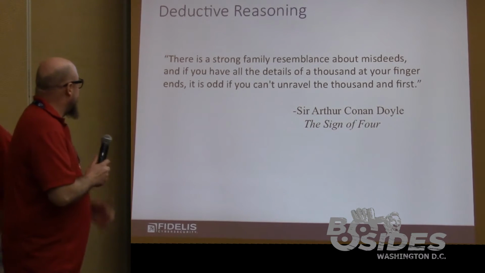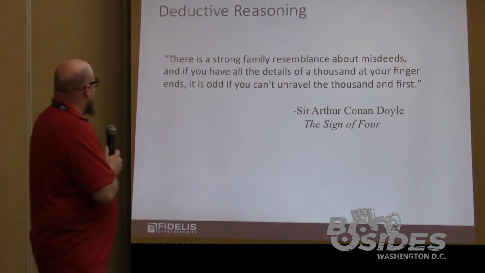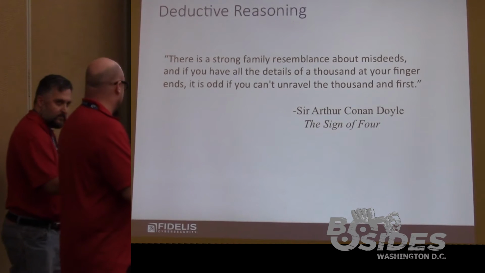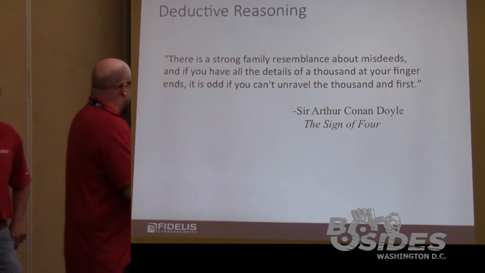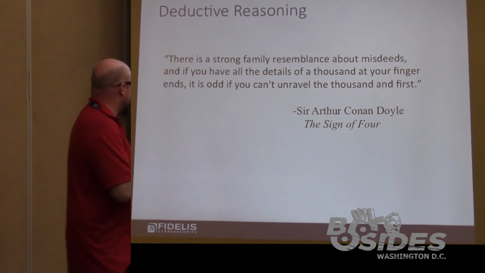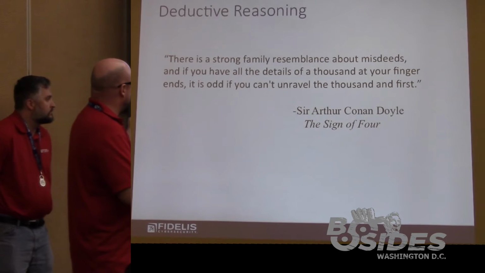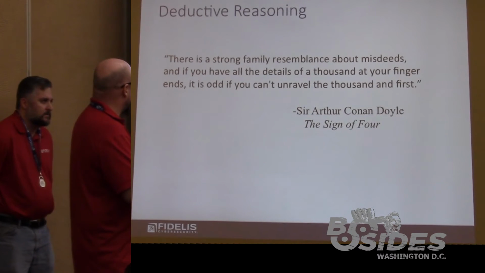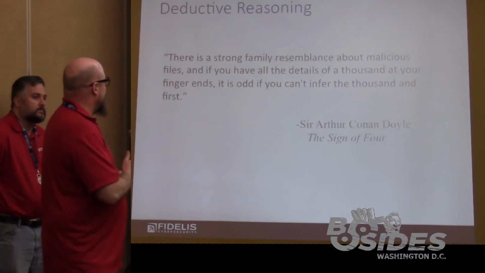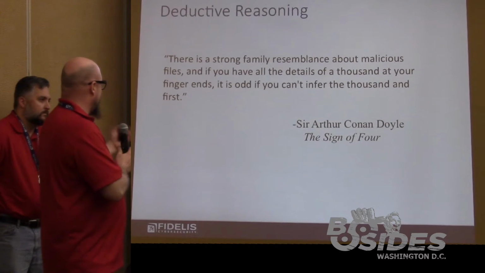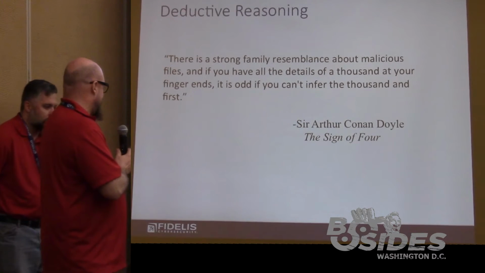All right, so this actually started, I'm a Sherlock Holmes fan, and Sir Arthur Conan Doyle, through Sherlock Holmes, wrote in The Sign of Four about deductive reasoning. He said that if you see 1,000 crime scenes and pieces of evidence, and you know what's going on, the 1,001st shouldn't be a surprise. We could apply the exact same logic to malware analysis: if you've seen thousands of malicious files and know the behavior, know the symptoms, you can relatively easily pick it up and find the malware without going into any heavy dynamics or anything.